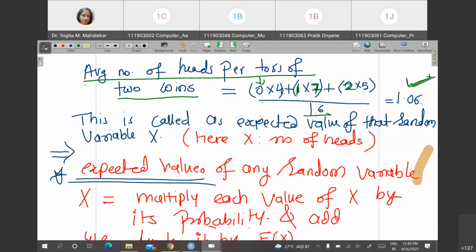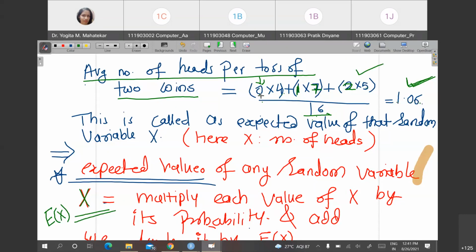So this experiment motivates us to define the expected value of any random variable. When you have to find out the expected value of a random variable capital X, generally we denote it by E of X. Expected value: you have to multiply each value of capital X by its probability. So if you look at this calculation from which I'm getting 1.06,